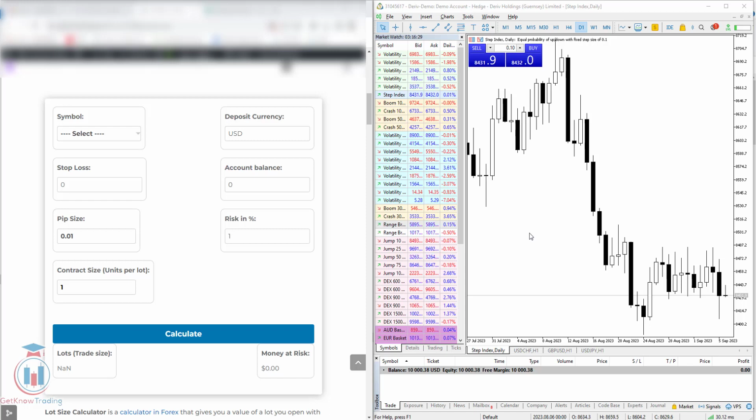In this video lesson, I will show you what the Synthetic Indices Lot Size Calculator is and how to use it in a trading platform like MT5, which I have currently on my right side. The link for the Synthetic Indices Lot Size Calculator you can find below in the description, so you will open